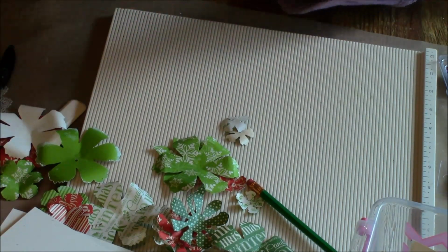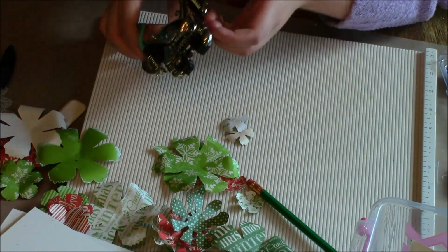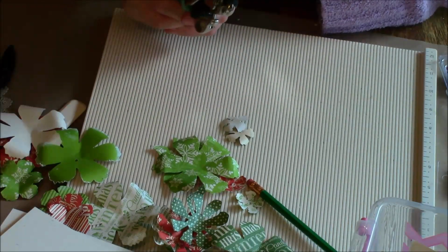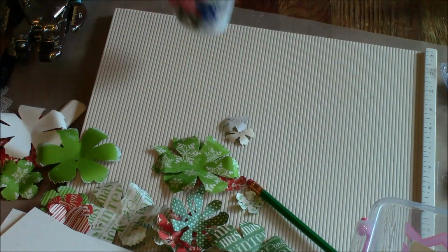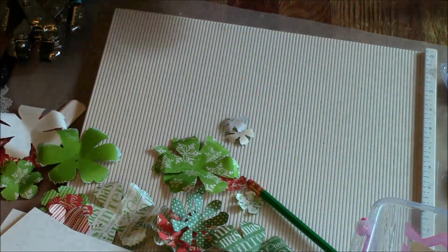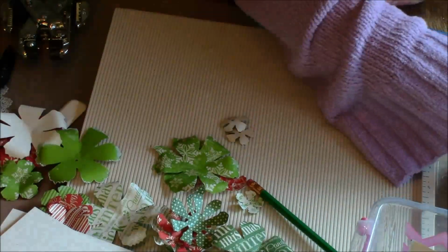So once you're done with those, you gotta do one small one. And then once you're done with that, you're gonna get this Cementex. Is the brush over? Oh, here's the brush. And you're going to grab